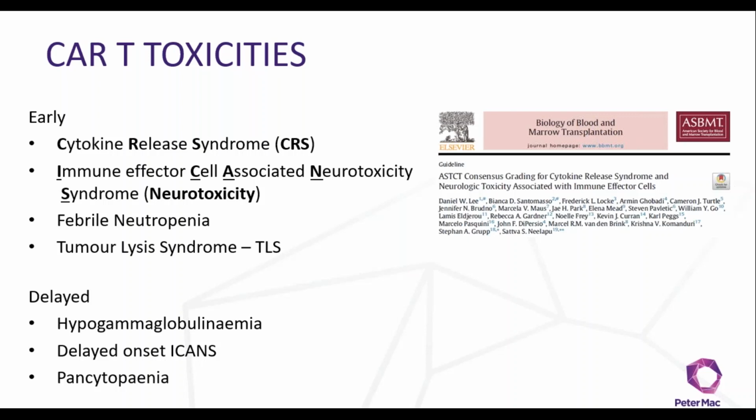From a delayed perspective, patients can get hypogammaglobulinemia. So if you think about your disease, ALL is driven from a B cell malignancy, okay? Your CAR T cells have destroyed those B cells, your malignant cells, but also your healthy B cells. And as a result, these patients can require immune replacement, so IVIG in the long term, which when you think